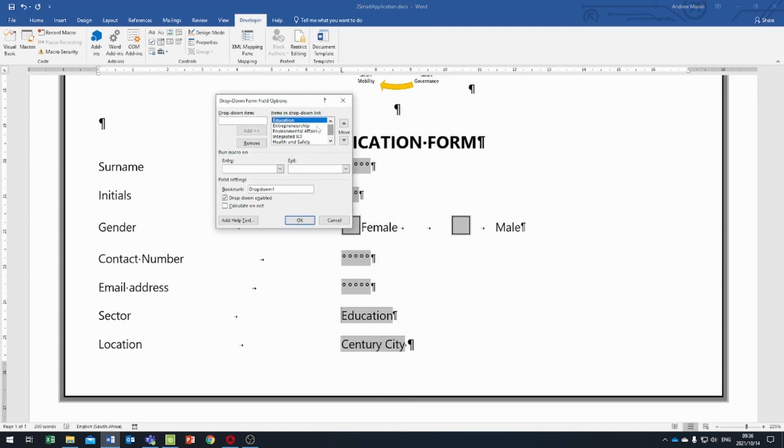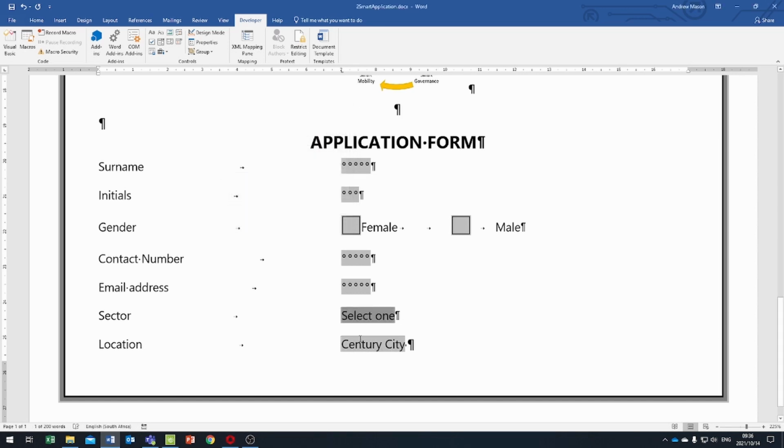So here you can see all of the options that are going to be available when you send this out as a form. I need to add one, and that one that I'm going to add is going to say select 1. I'm going to add it, but that's not enough because it adds it to the bottom of that list. So while that one has been selected, I'm going to tell it to move it to the top of